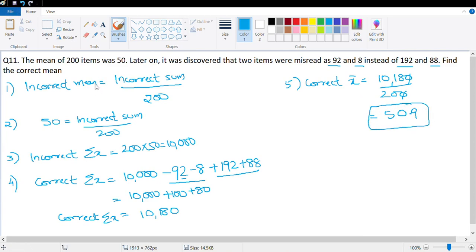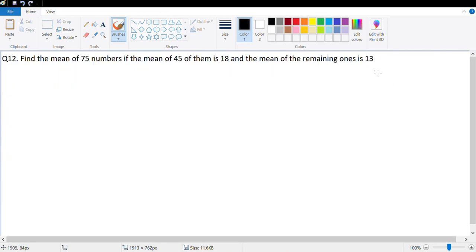Good. Let's look at the next question. The next question that we are doing is question number 12. It says find the mean of 75 numbers if the mean of 45 of them is 18 and the mean of the remaining ones is 13. Okay, so let's look at the question. 75 numbers. So